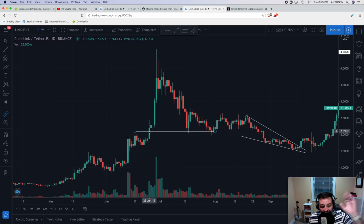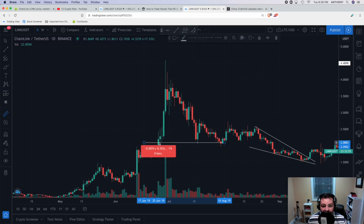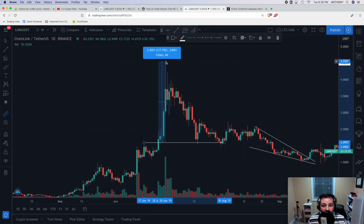I'm not saying the price literally goes straight up. If you're new to investing, price never does that. It always moves in waves. It goes up and down and up and down. But on the whole, on these daily candles, 4 consecutive days from the open to close, price rose 4 days in a row. And it rose from the all-time high, from the breakout point to the top of the pattern, which is roughly